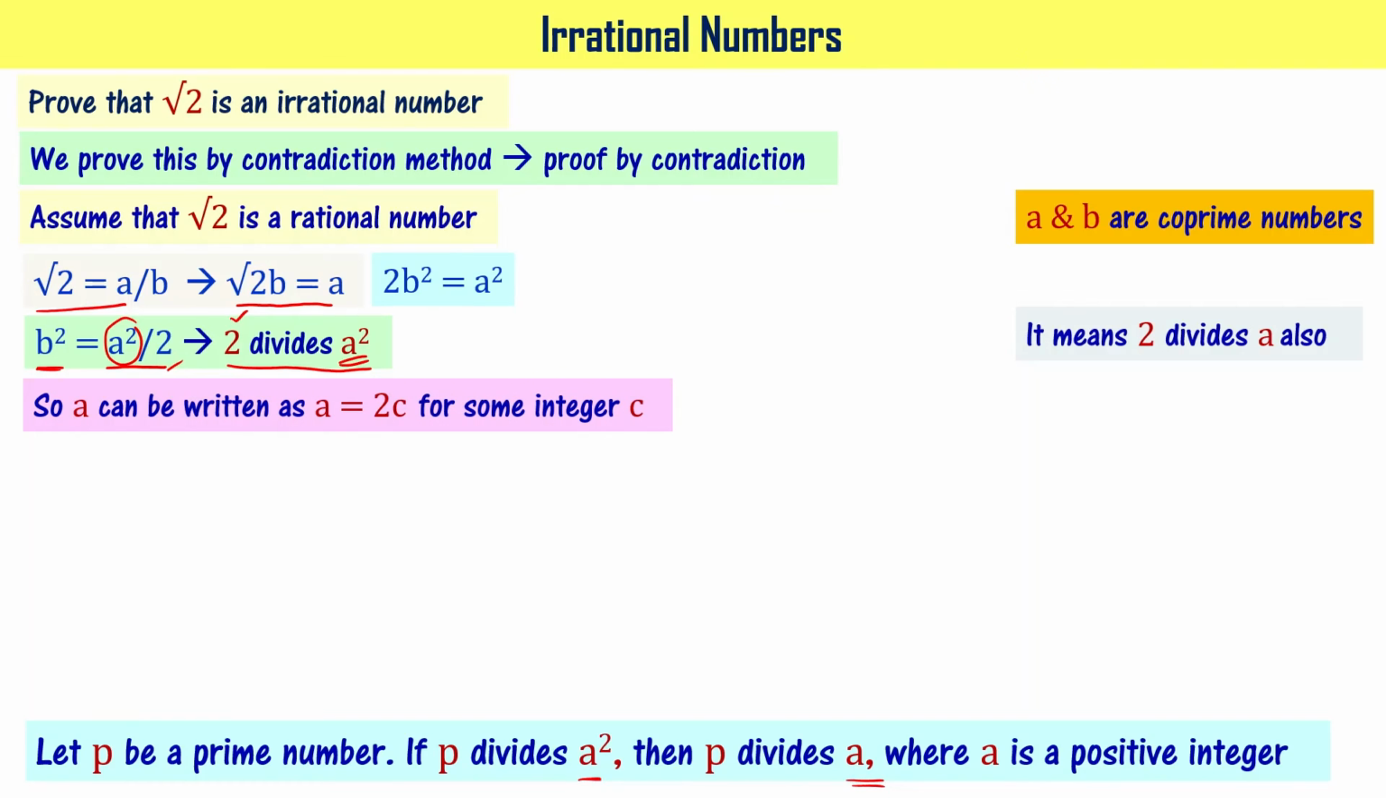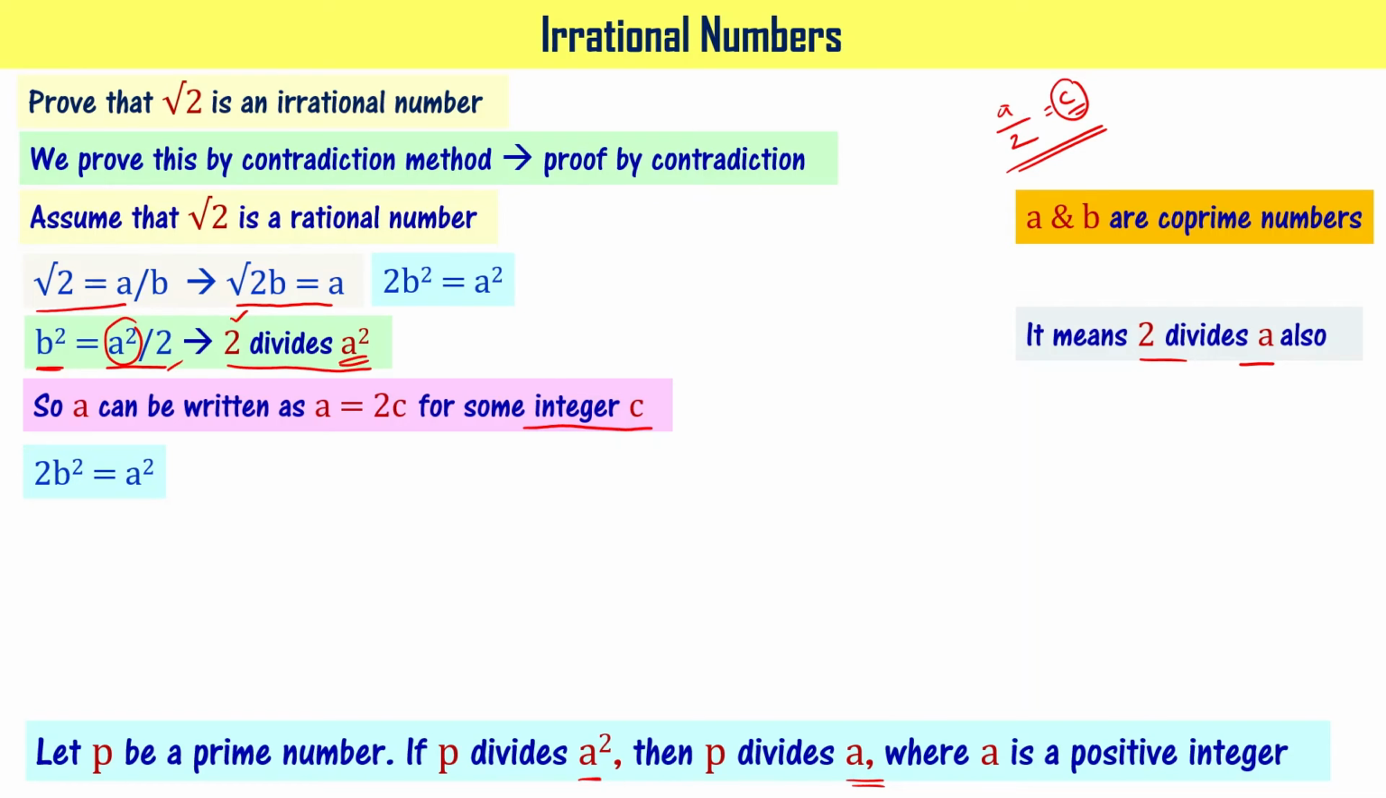So now can I say that a can be written as 2c? Because we said that 2 divides a. It means if I say a by 2 is going to be some number, that is c. That c is some integer, right? Since we said that 2 divides a, I can write it as a by 2 equal to some constant, that is number c here, that is some integer c. Now can I write that,